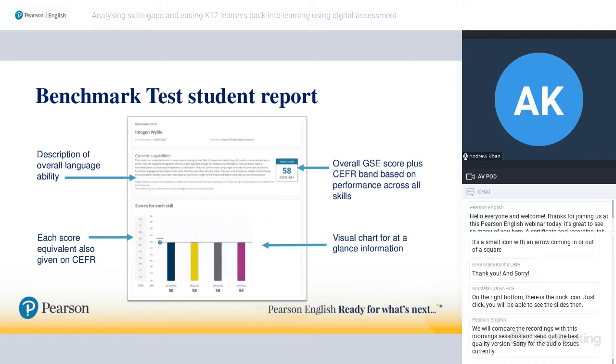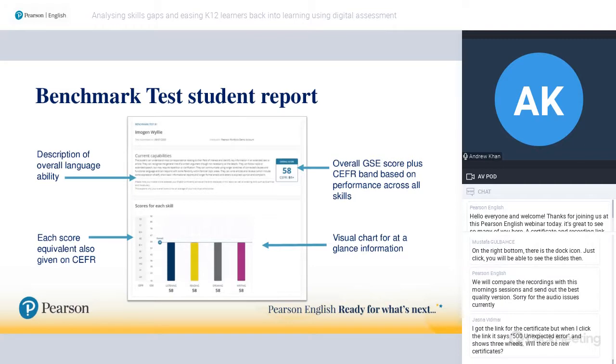At a glance, instantly, with this nice chart here, you can see immediately what their skills are, where they're strongest, where they're weakest. It's not a case of having to sit down, look through some tables of data. It's right here for you. So that's useful at the overall level. What do you see at the skill level?